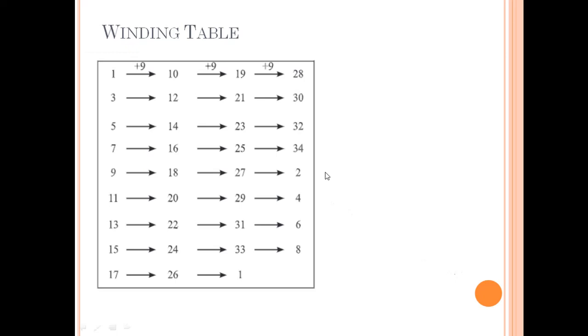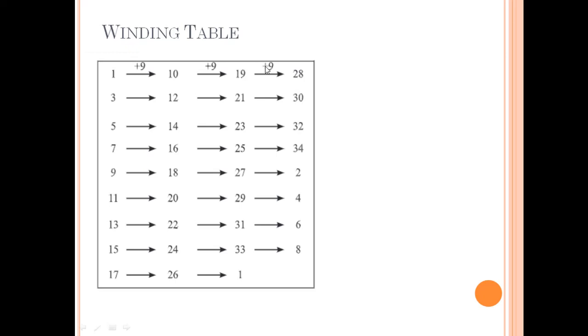Now let us go for the winding table. As I already said, the back pitch and the front pitch are both 9. Somehow it is different compared to lap winding. 1 plus 9 is 10; this is the back end connection. Conductor 1 is connected to the 10th conductor at the back end, because this is the value of YB. Then 10 plus 9, this is YF, the front pitch, is 19. It means the 10th and 19th conductors are connected at the front end.